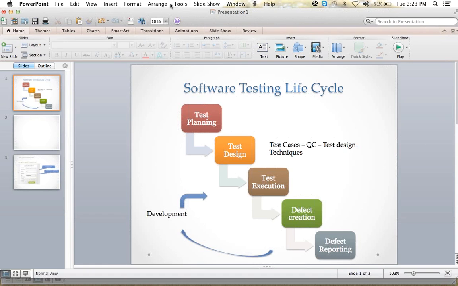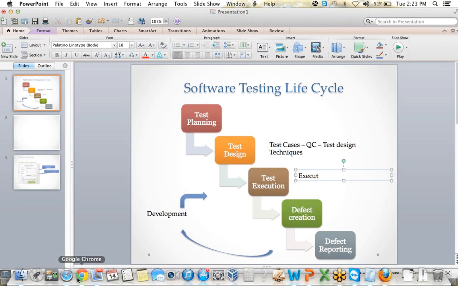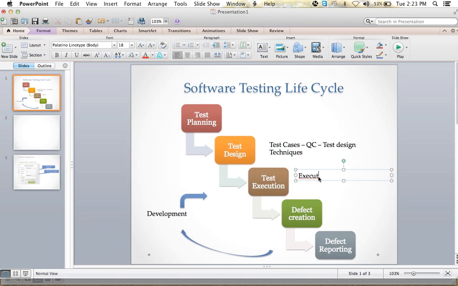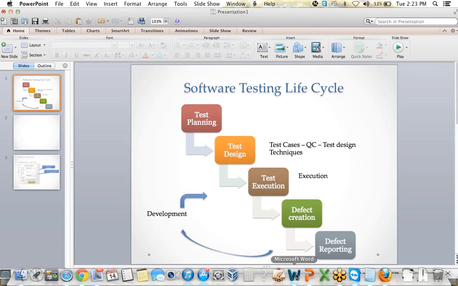The next phase is test execution. Here we execute the test cases in tools, for example, if it is an Excel sheet. What do we do in test execution? We actually execute test cases. What do you mean by execution of test cases? For example, if I have a BRD document, before going to test execution, let's see how it will be. As I said, BRD means business requirement document. All the things which are related to an application will be mentioned over there, right?